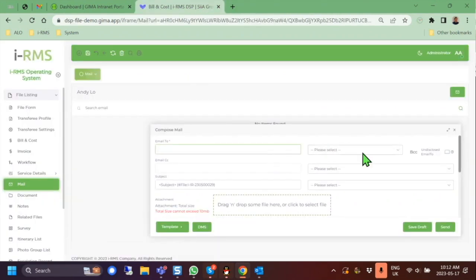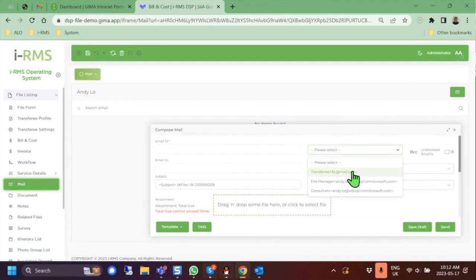Additionally, we have a mail service within the file, which enables you to send and receive emails using our system. This means you can conveniently manage all your emails in one central location, eliminating the need to check multiple accounts or colleagues' Outlook inboxes. To send an email, simply open the draft and compose your message. If you wish to send an email, you can easily select the recipient from the provided list. However, if you need to send it to someone who is not listed, you can simply type their email address